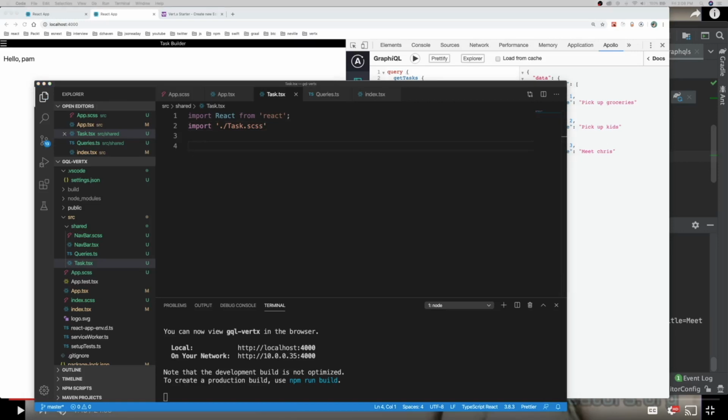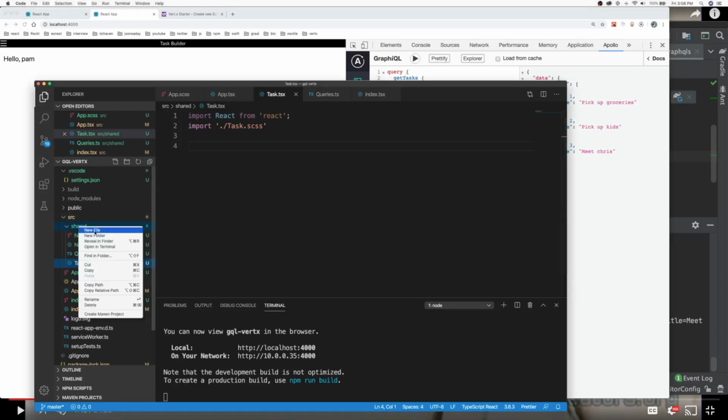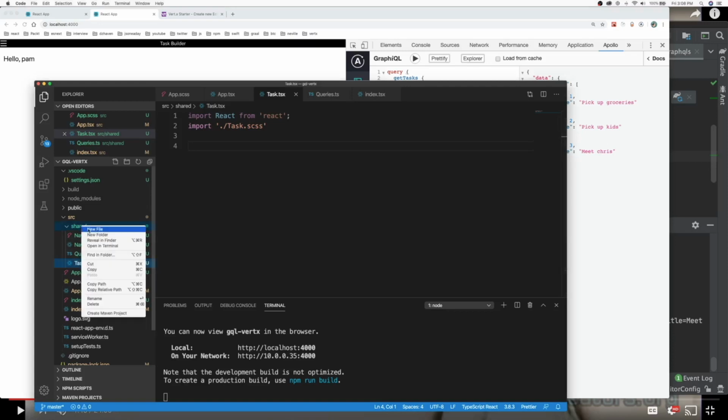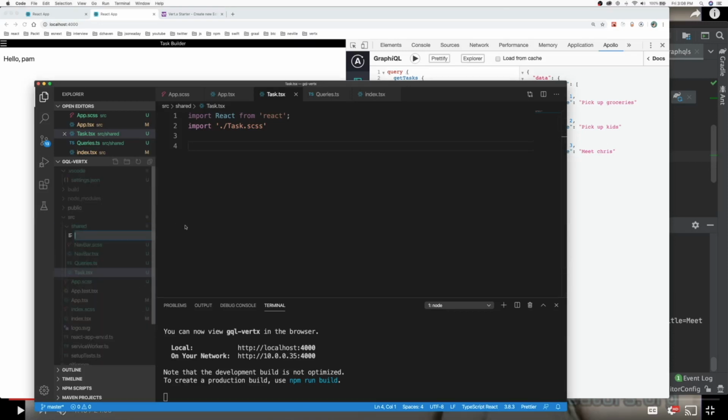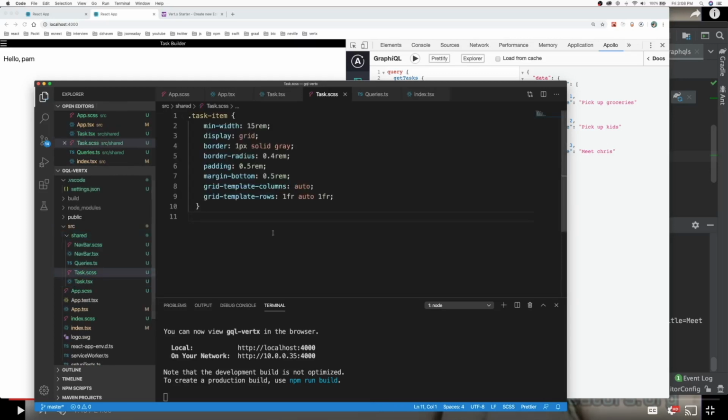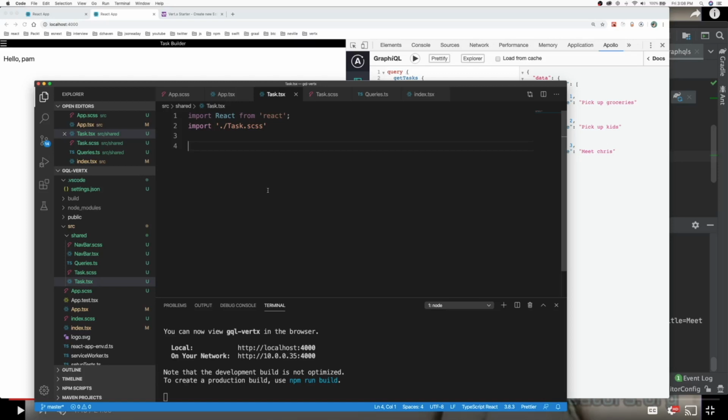And I'm not going to explain much about what's in this CSS file, since the main point of this video is not styling, but be aware that it is making pretty heavy use of the grid, the CSS grid. So anyway,